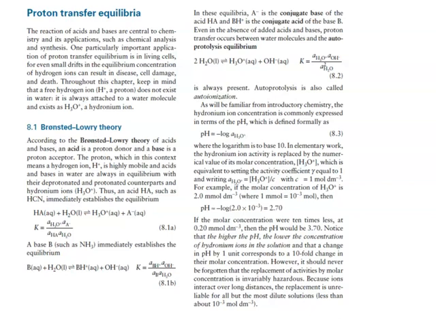So, beginning with the Bronsted-Lowry theory of acids. According to the Bronsted-Lowry theory of acids and bases, an acid is a proton donor and a base is a proton acceptor. The proton, which in this context means a hydrogen ion, is highly mobile, and acids and bases and water are always in equilibrium with their deprotonated and protonated counterparts and hydronium ions. Therefore, an acid, HA, such as hydrocyanic acid, HCN, immediately establishes the equilibrium shown below,